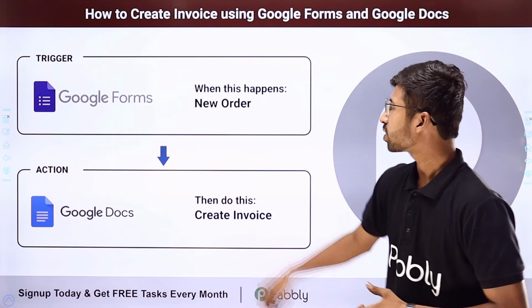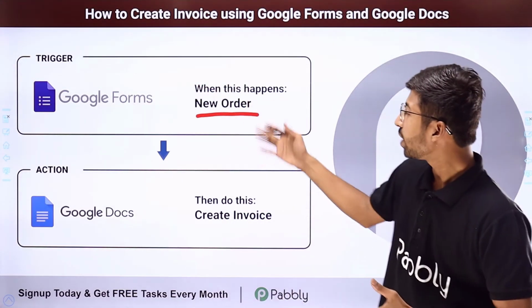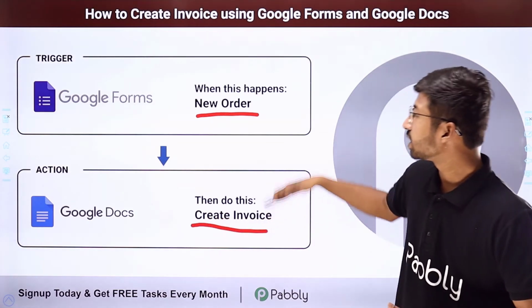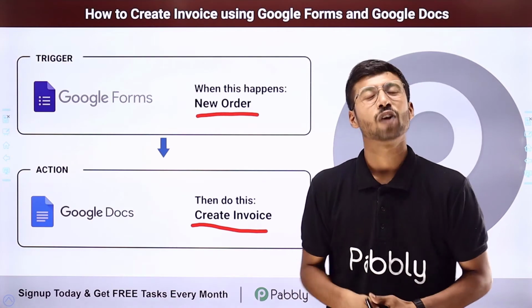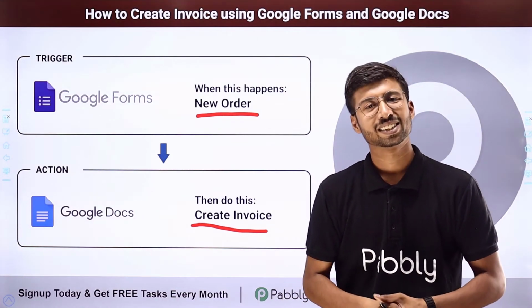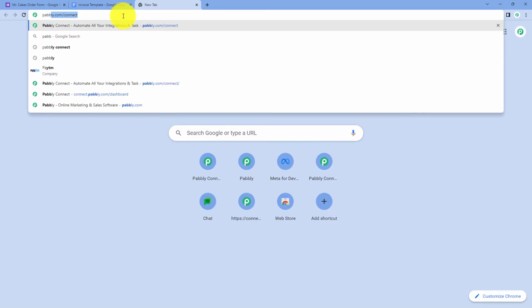So the trigger of this automation will be receiving a new order on Google Forms, and the action will be creating an invoice in Google Docs for the same order. Now, how can you set up this amazing automation? To know this, you have to come with me to my screen. So first of all, we will go to a browser and search for